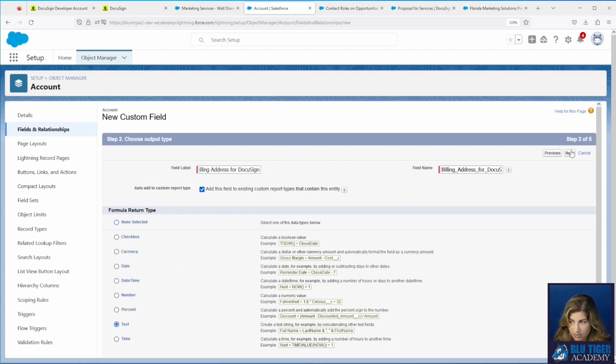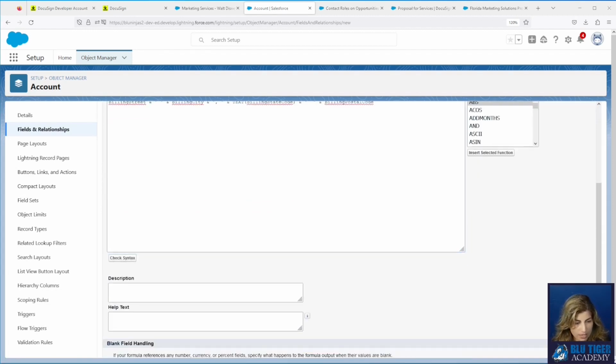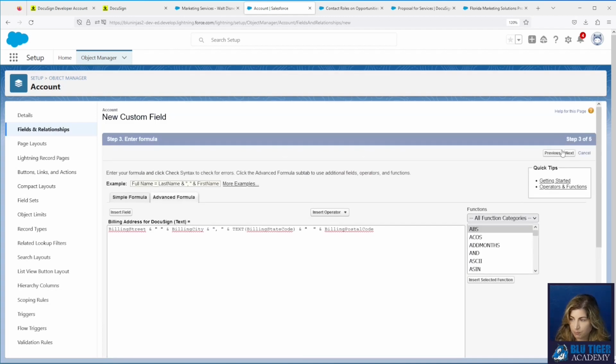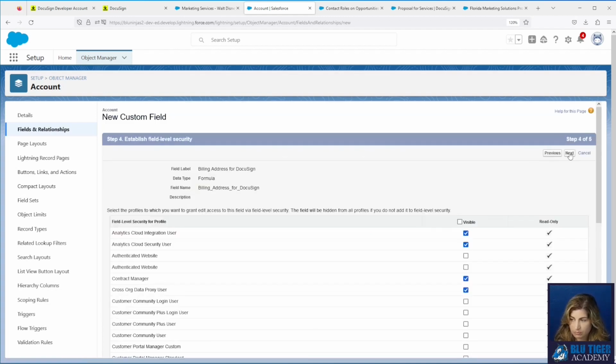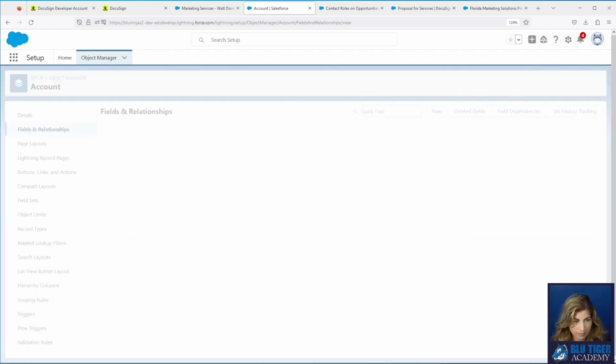This will be a text field as well. And then this is our formula. All of these formulas will be down below in the description for you to copy and paste. Then we'll add our help text. This field is used in DocuSign to show the billing address field in the correct format. It's not going on the page layout, and we'll click Save.